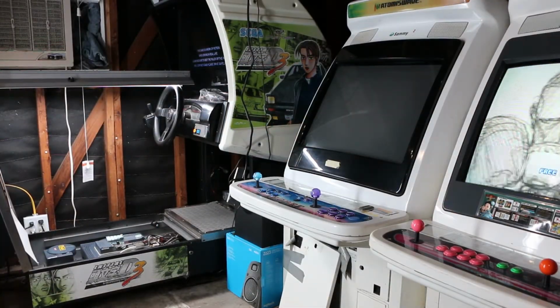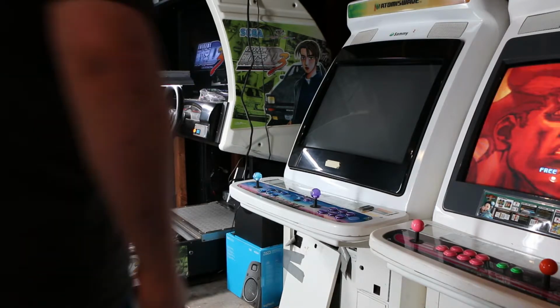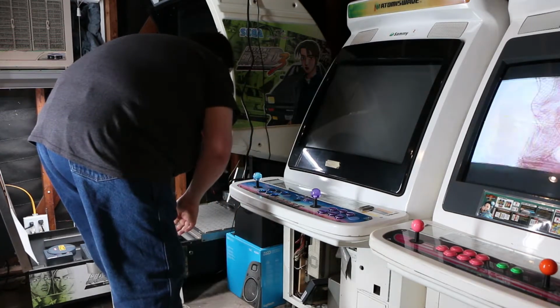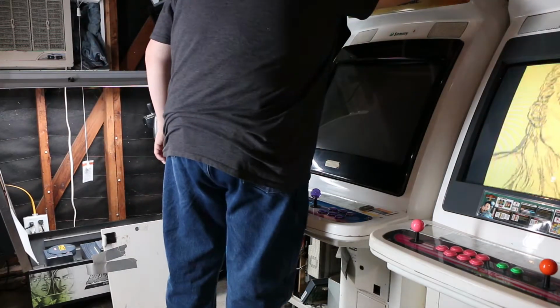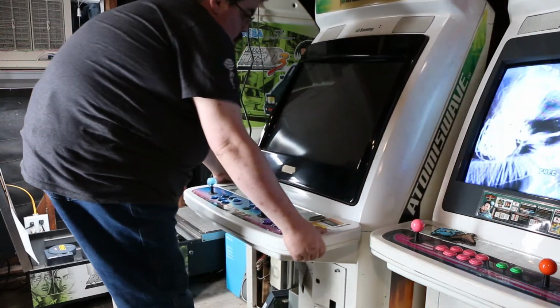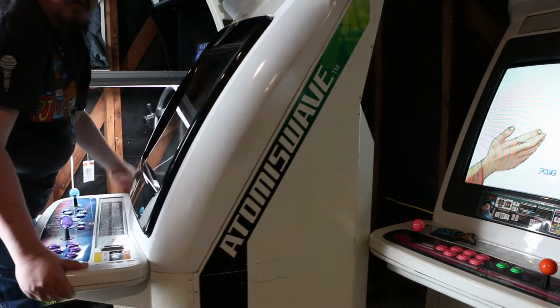With the basic overview of the parts out of the way, I'm going to show you what it takes to change a game here in my Atomiswave. This is my 2003 Atomiswave with a tri-sync monitor, which is VGA, and I have the GD-Rom mounted in the back. My father actually is really good with tools and mounted all of this for me in a very nice, neat package. It's actually easier to go this route, and it's safer because the GD-Rom is secured, so whenever